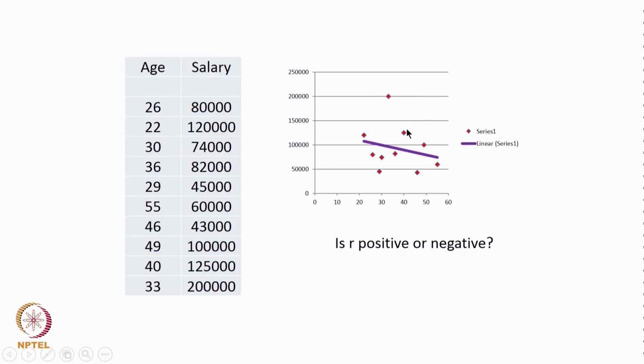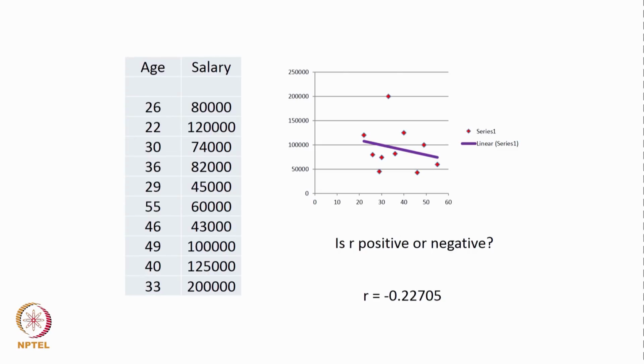The line seems to say that there is, looks like, at least for the data that we have looked at, there is a negative association between age and salary, because which is also given by a computed correlation coefficient